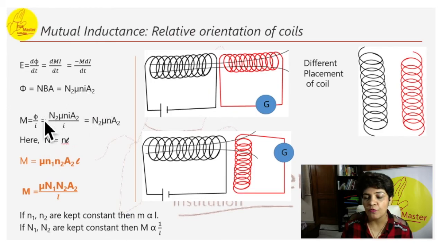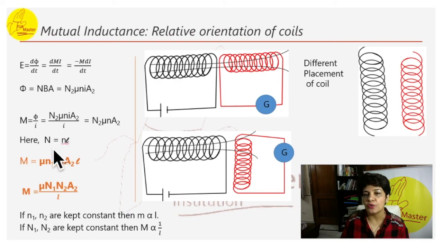Putting this value, M is equal to flux by I. Where are we getting this from? We know flux is equal to Mi, so we can bring M on one side and write M is equal to flux by I, putting the value of flux. Flux is what? B into A. So B can be written as mu Ni, where N is the number of turns of the coil, into A, the area. So we write the value of flux here divided by I.